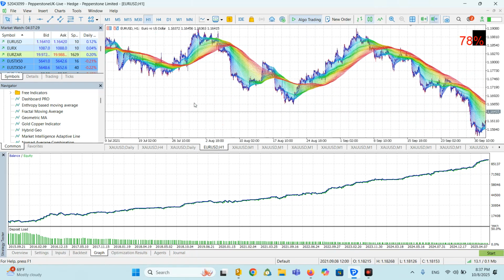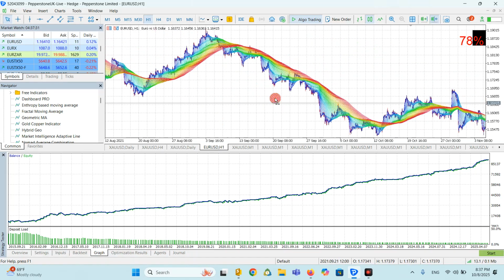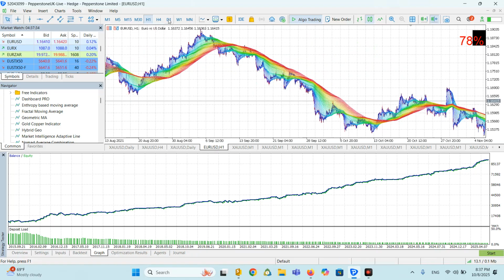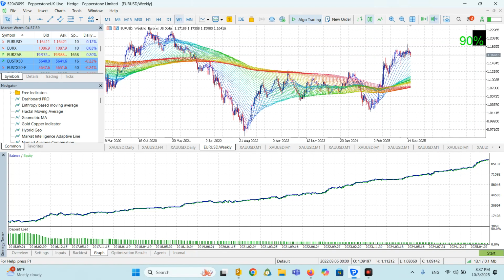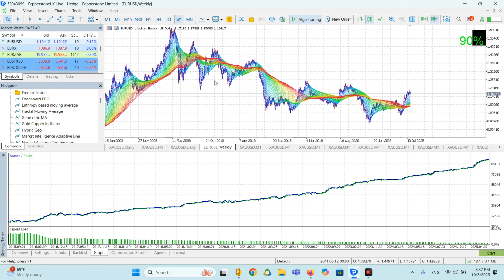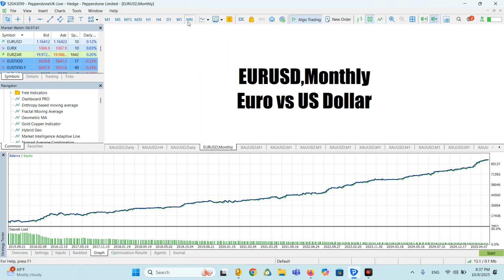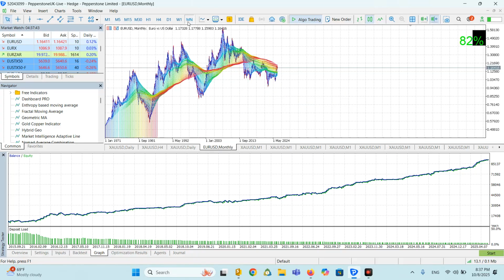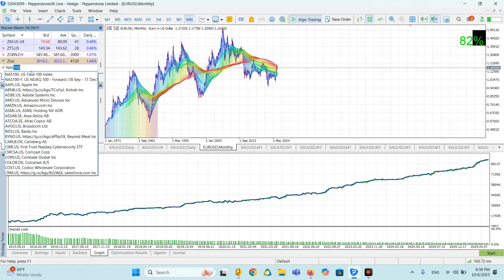Of course, it consumes a little bit more power because it analyzes a lot of moving averages. But what I want to also tell you is that I am going to add something in the next update that is very, very cool. What I'm going to add is basically a multi-time frame analysis. But first, I want to also check out some index as well, for example, the Nasdaq, because I'm just